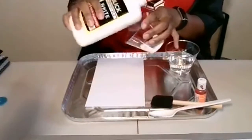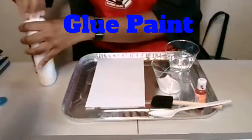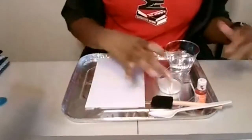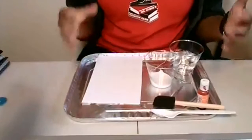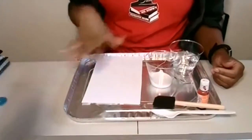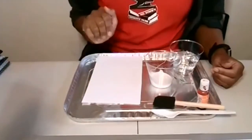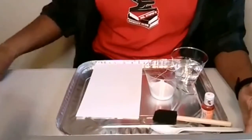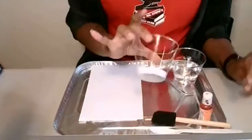We have made various kinds of paints on Saturday Science with Miss Steph, okay? And our paint definition is anything that's pigmented and it sticks to the thing you're trying to paint. So I am trying to paint a piece of paper. So I've just got some glue here,